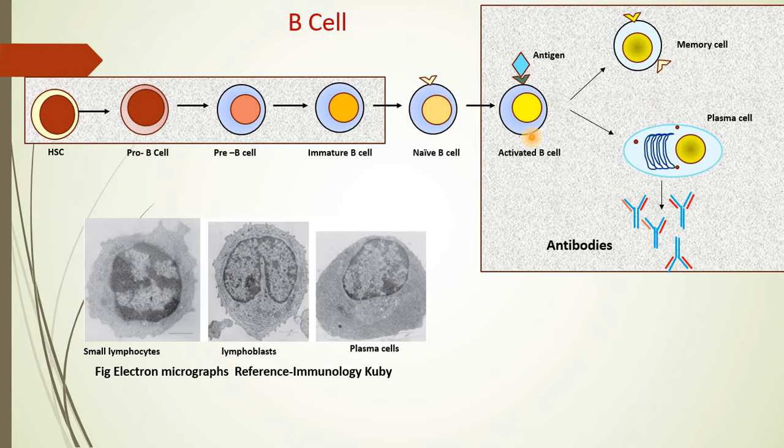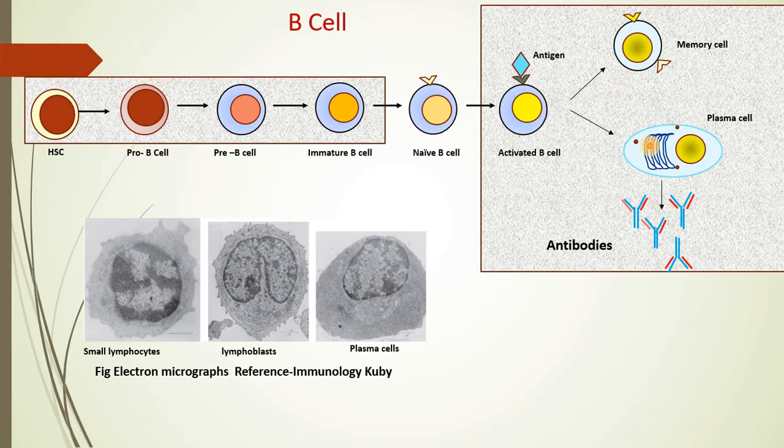Now when we say active B cells, what transformation occurs? It occurs within the nucleus of the cell. Here the gene arrangement leads to expression in the form of receptor molecules, as a result of which two different types of cells are generated by the influence of this antigen. The first cell formed from the activated B cell is the memory cell, and the second type of cell that comes into existence is the plasma cell.